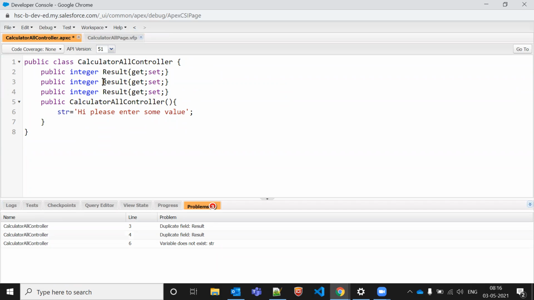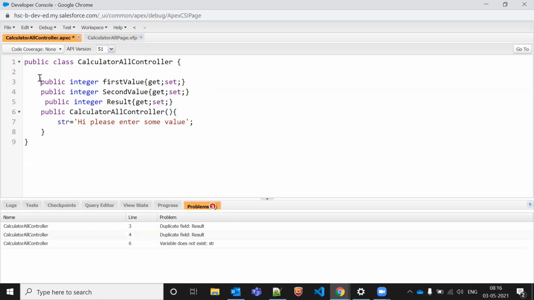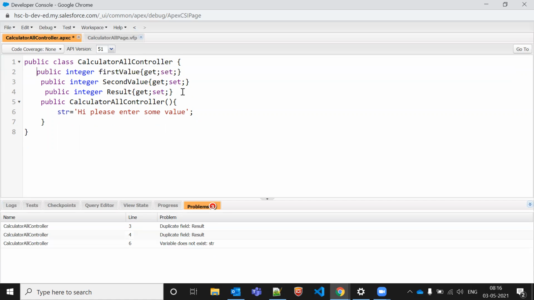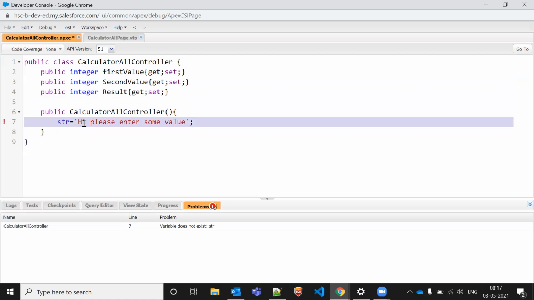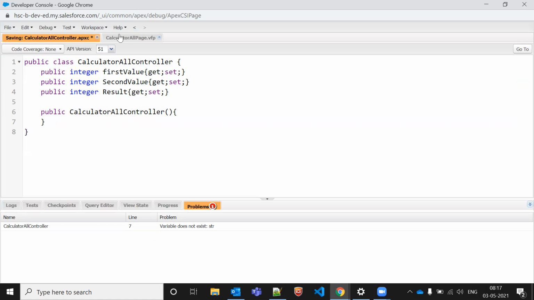Result. So what I will do here, I will say first value, value, and this is my result. Okay, this is my result. Even I can add it anywhere. There is no order of execution and all, so you can pass anywhere, not an issue. So let's give this that, and let me just save this one. Oh, sorry, this str is not existing, so I don't need to use this str.